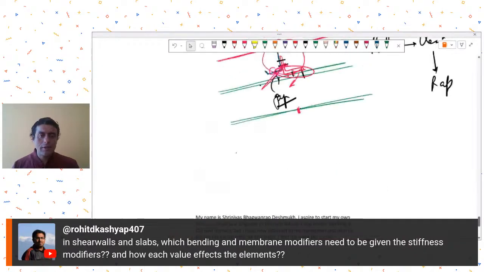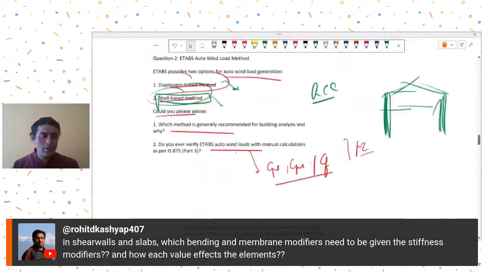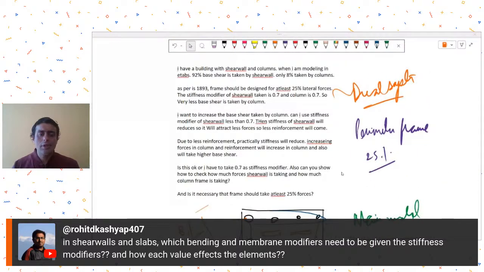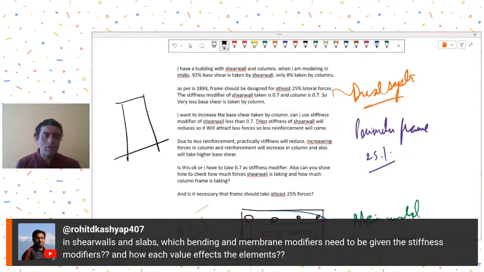Then Engineer Rohit Kashyap, who had asked one of the queries, is asking in shear walls and slabs, which bending and membrane modifiers need to be given as stiffness modifiers. So in shear walls, if this is the elevation of my shear wall, basically we want to have the in-plane moments modified. For in-plane movement, there is no direct